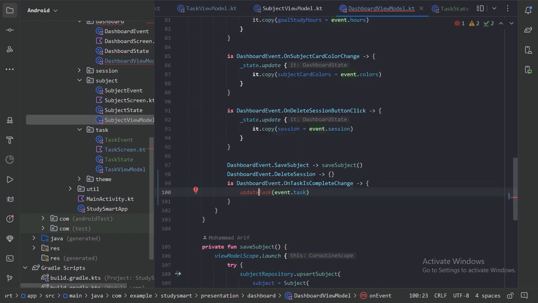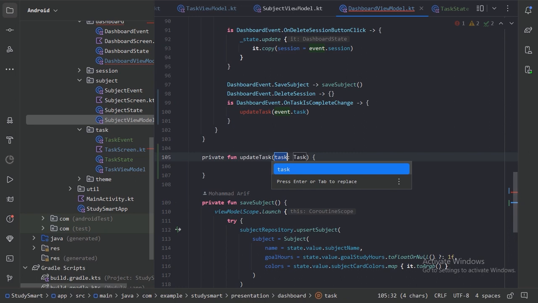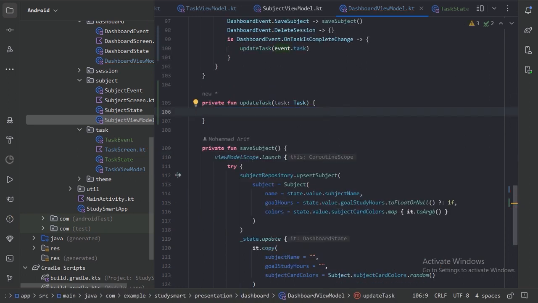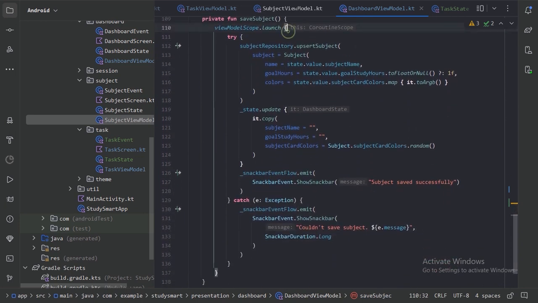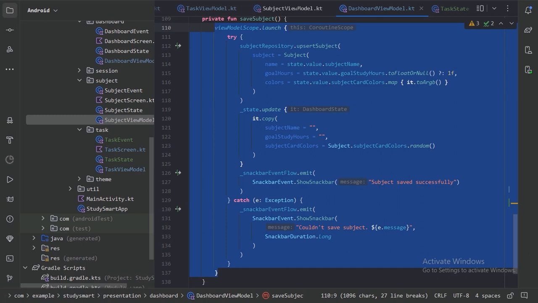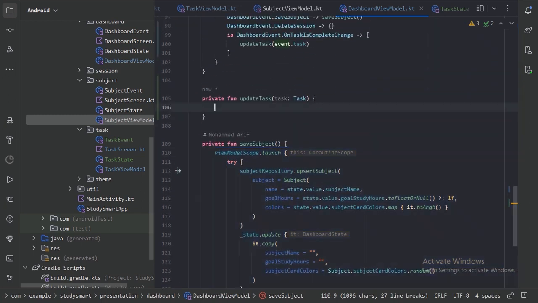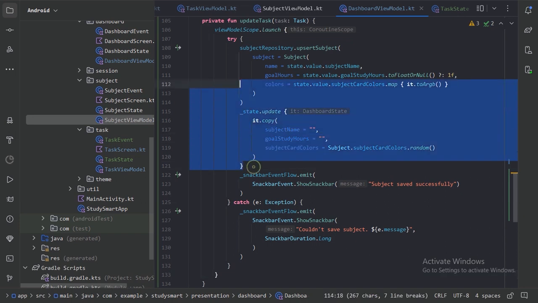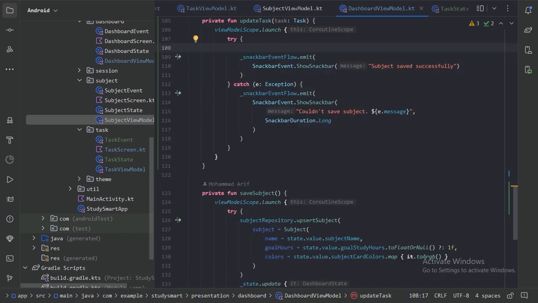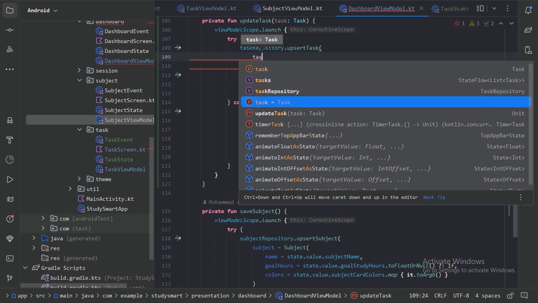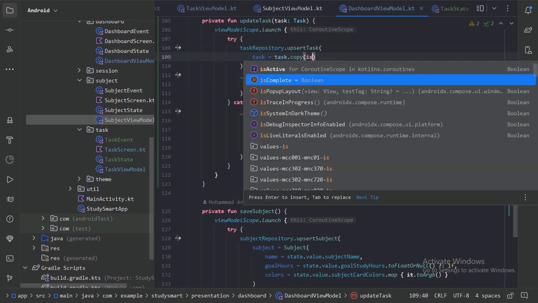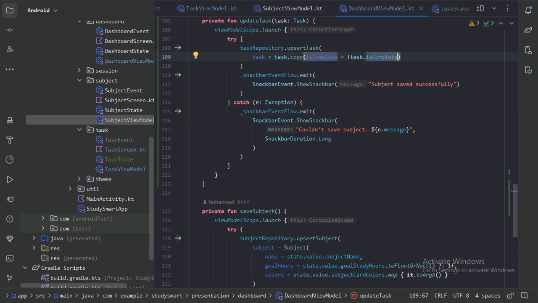So let's press enter and create function. In this function again we will use the view model scope and then try catch block. So let's copy this code and scroll up and delete this part of code, and here we will call the task repository dot upsert task, and we will provide the task